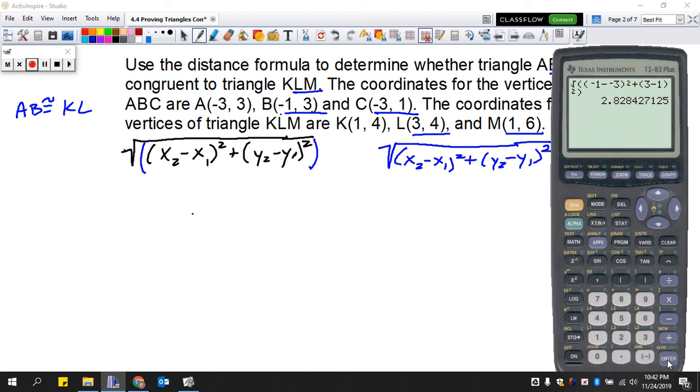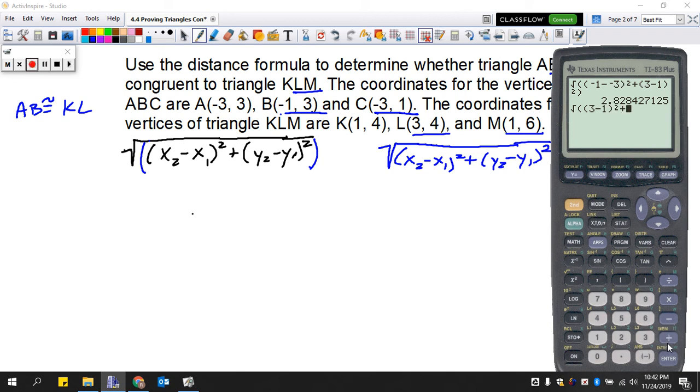So we do the square root, put the extra parentheses in, all right? 3 minus 1, close parentheses and square it,